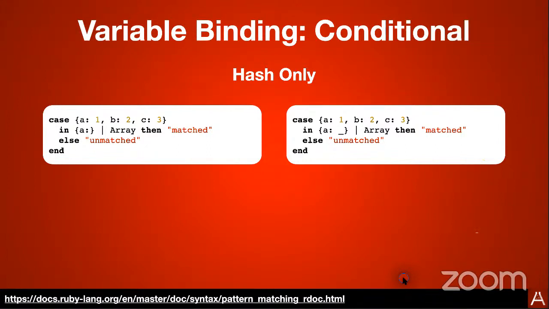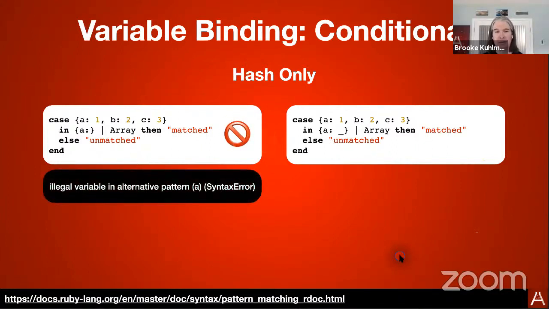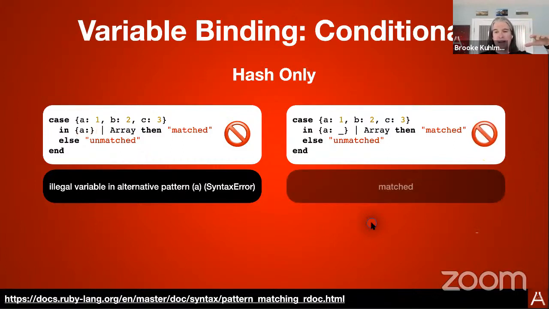So in hashes, there's something else that we can do, and I want to point this out. It's not something that you should do, because in this case, if you just match by the key and then you do a conditional in an array, this is actually syntactically incorrect. So don't do this. And really you can't anyway, because Ruby's going to give you the syntax error if you do. Now, the way to get around this, though, is you can actually take the A key and do it on this side and get a match,